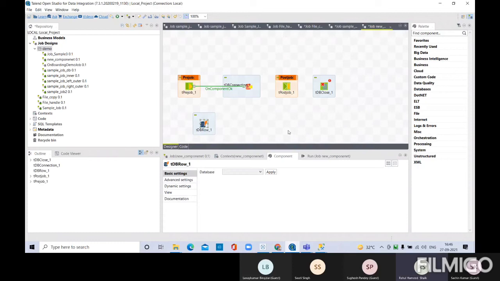Yeah. So the main use of this TDB row is to execute your queries. Whatever queries you write in your database tools, you can run them here. Just select the database for DB row from the drop down.